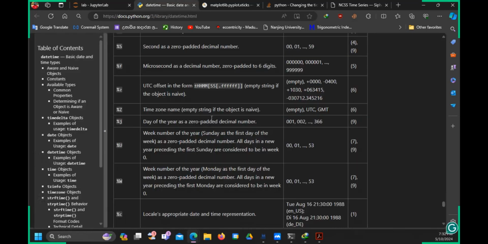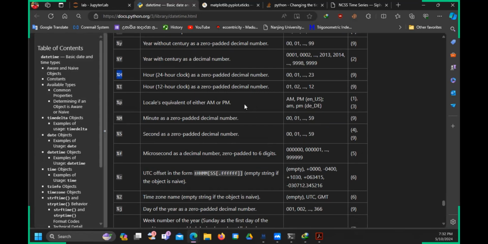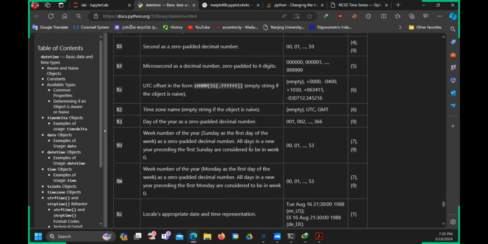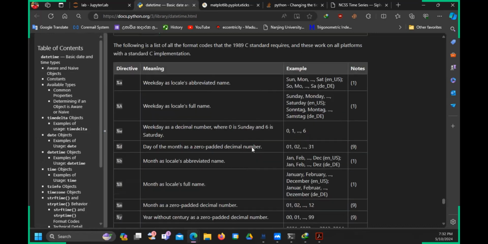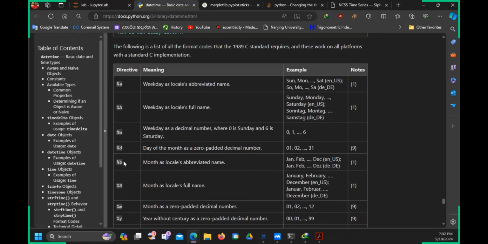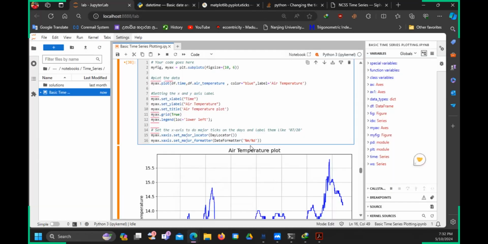So if I go into the date formats, if I need to have short month names, from here I can find that one. For the short months, I have to use %B. So I can copy this %B from that place and put it over here. Now, instead of this mark, I am using the dash, then my days. So if I execute this one,